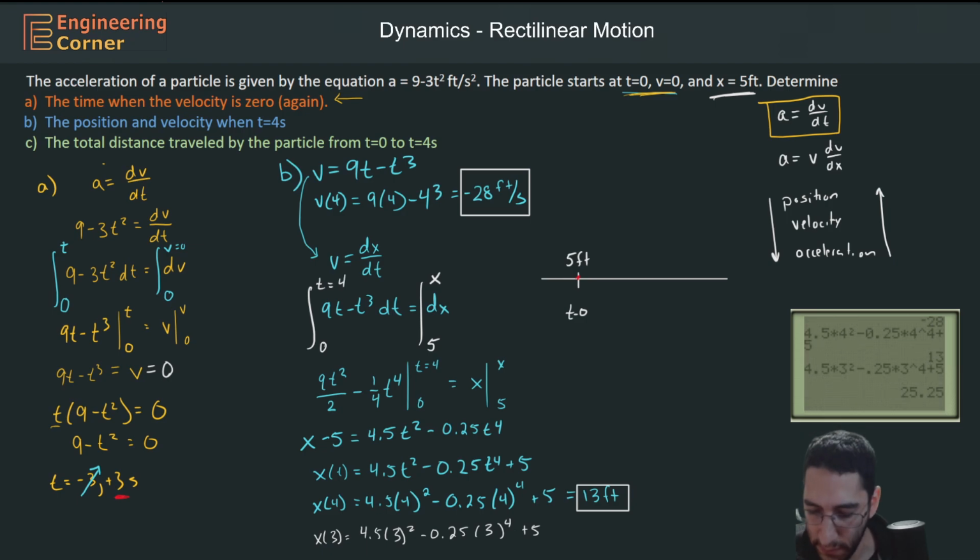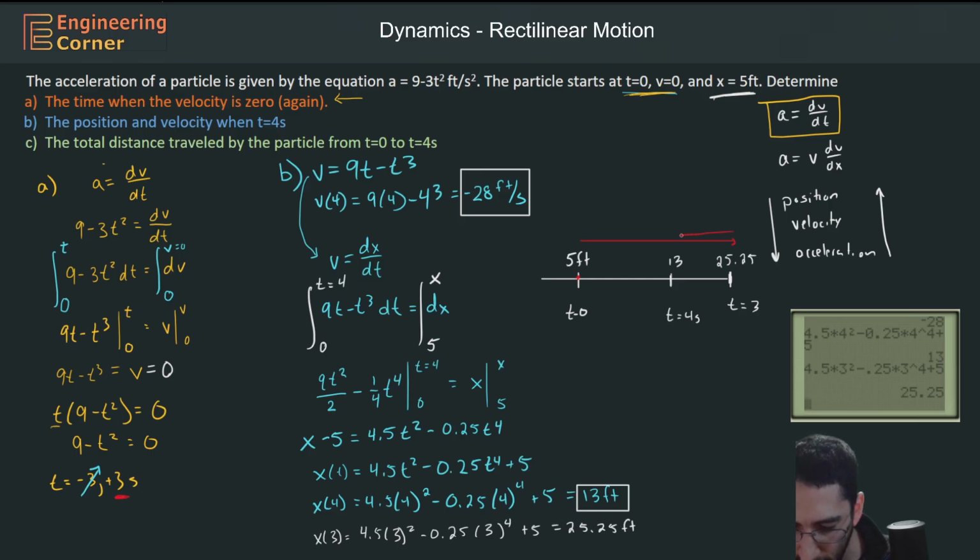And we get that this is equal to 25.25 feet. Okay, so at t is equal to 3 seconds, we go here, and we'll say this is 25.25. And at t is equal to 4 seconds, we'll have 13. So again, it's whatever this distance is